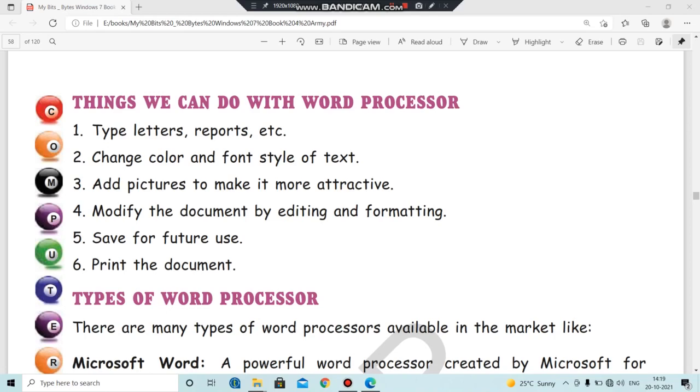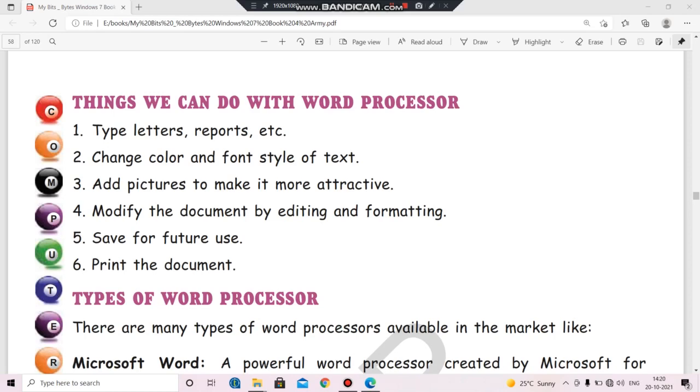आप उसको edit करके format करके पूरे document को modify भी कर सकते हैं. So you can make modification, editing. If there is any error or if you want to change something, you can make all these modifications and formatting with very little use of time or very less labor. आपको पूरा paragraph दोबारा लिखना पड़ेगा, nothing like that. You can just make the changes that you want in that particular document.